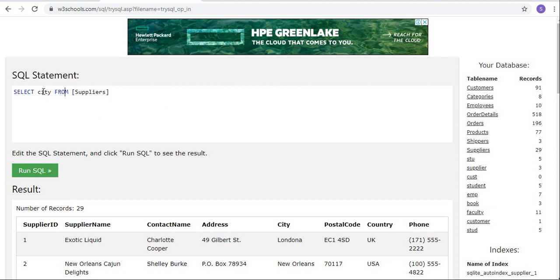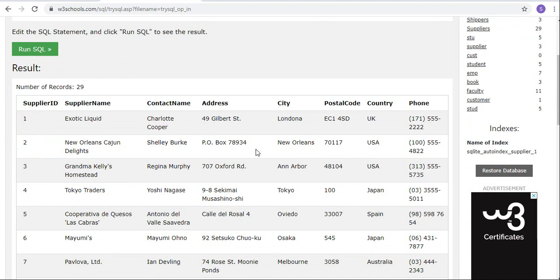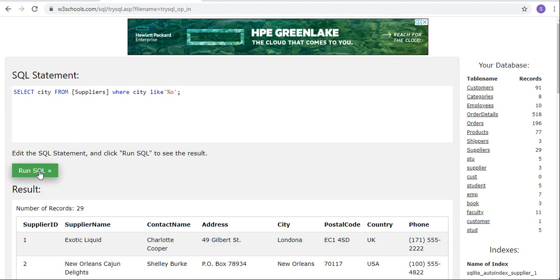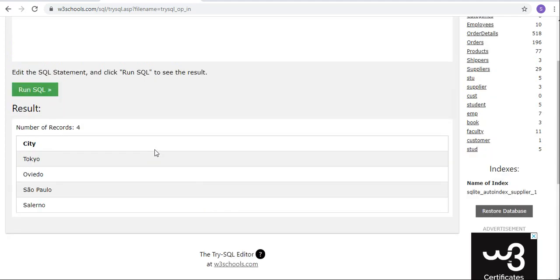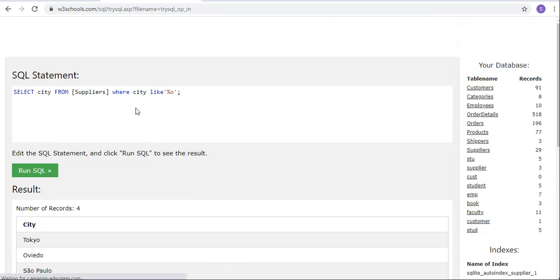Select city from suppliers where city like percentile O. I want to display all the cities whose name ends with O. So run SQL. Now you have Tokyo, Oviedo, Sao Paulo, Salerno. So these are the names.